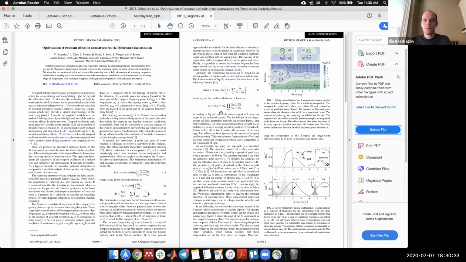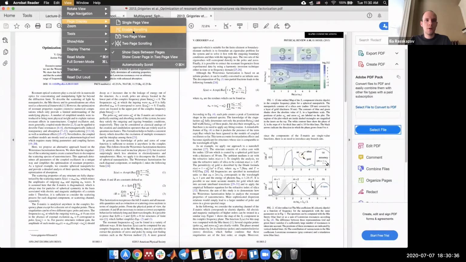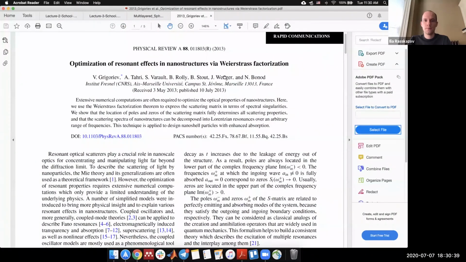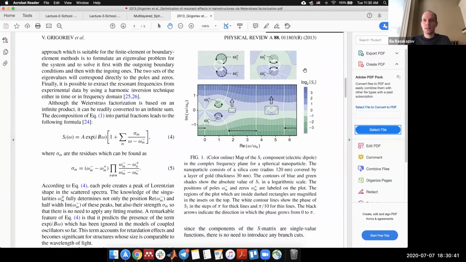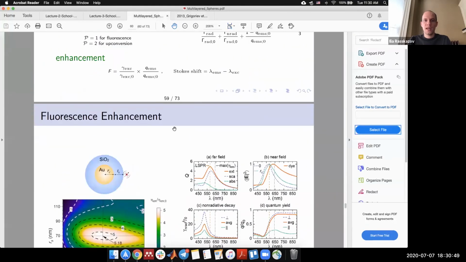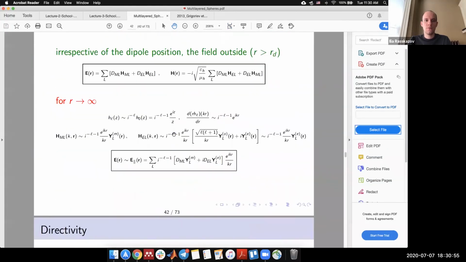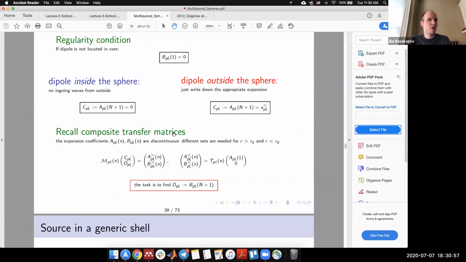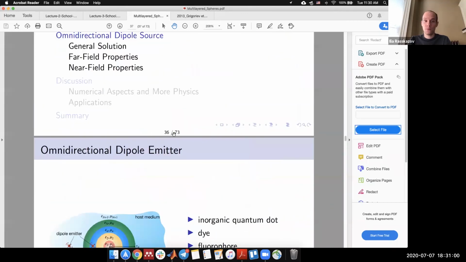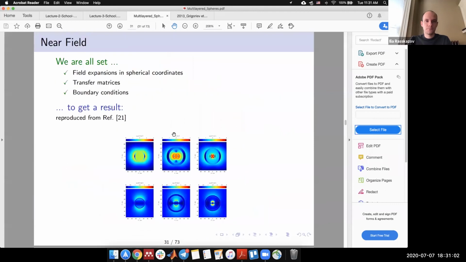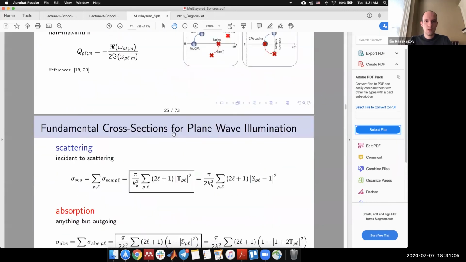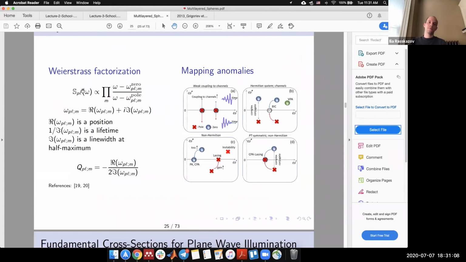So just to remind you that we have talked about the S matrices, and we have talked about the analysis of the eigenmodes of our multilayered spheres by using Weierstrass factorization. And just to recall a little bit,